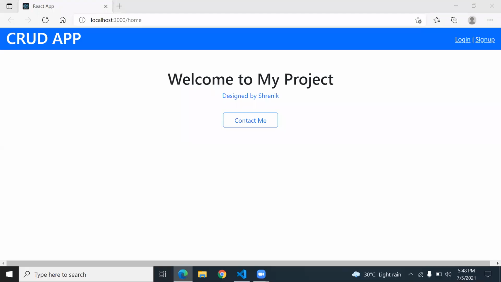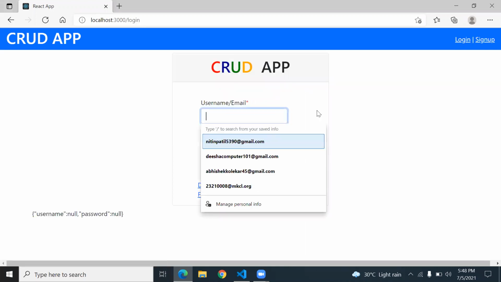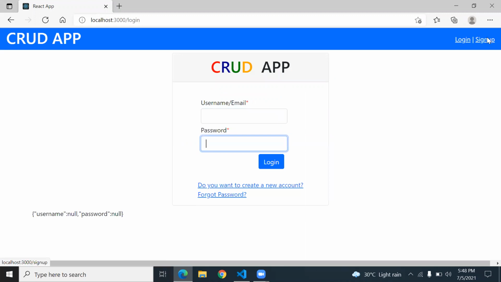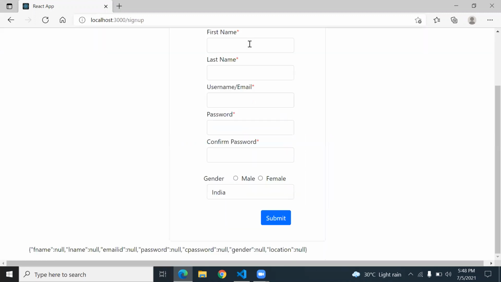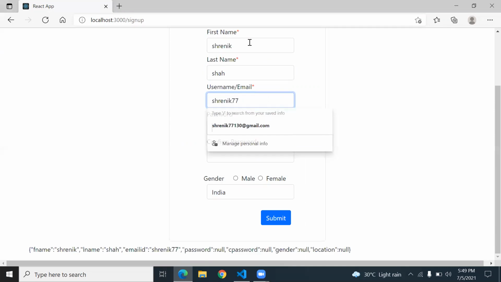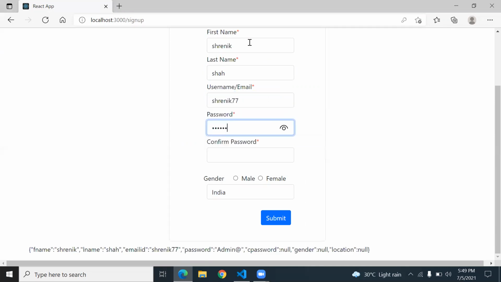So in this next project part, we will discuss some more about dashboard designing. I'm ready with the navigations. When I click contact me or login, it shows me the login page, and here it is with the sign up page. The data I type, it automatically picks up and creates its object also. Now the next part we are going to continue is the dashboard design.